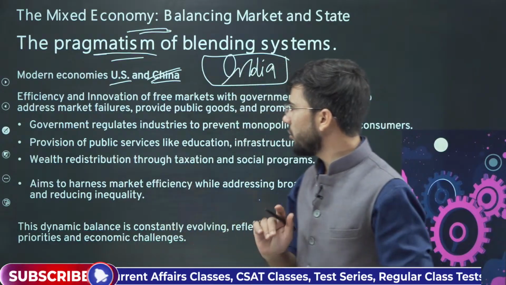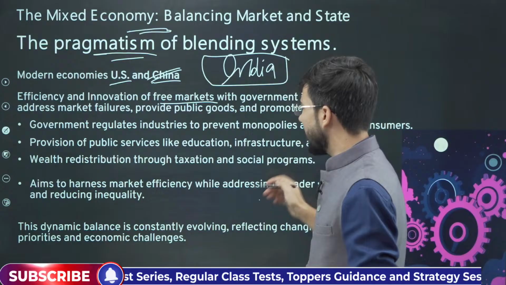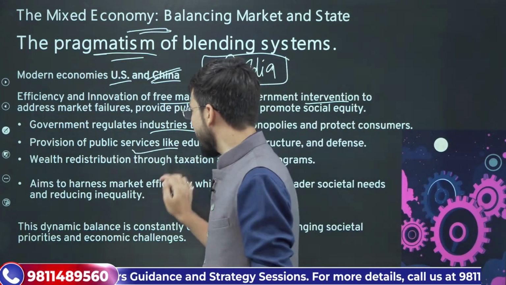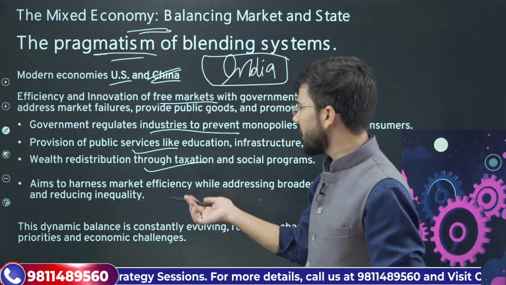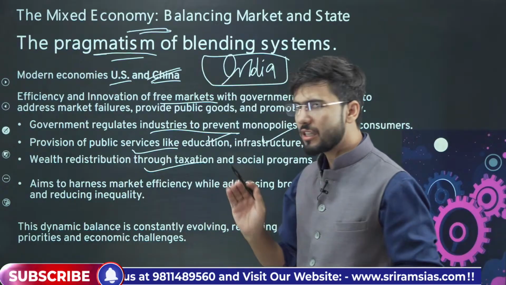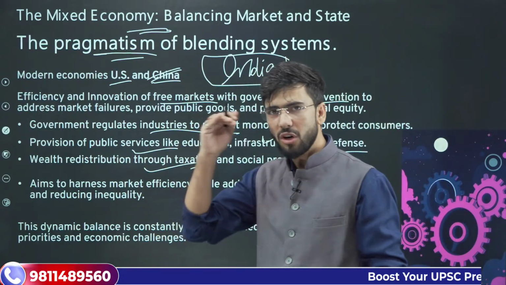One more thing which we need to understand is that there is efficiency, there is free market, government intervention is there, and government regulates the market. Government facilitates the market. Private services, public services are provided by government like infrastructure, education, defense, this is provided by government, and rest of the things like taxation